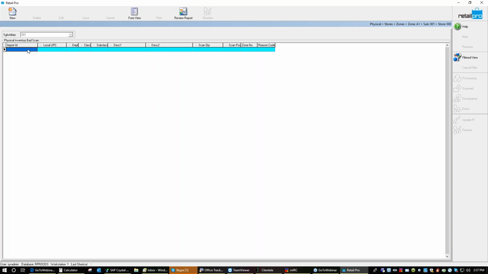So when there is an error, you need to tell the team that scanned that section that you need them to go back out to that section and find the item that they scanned between this